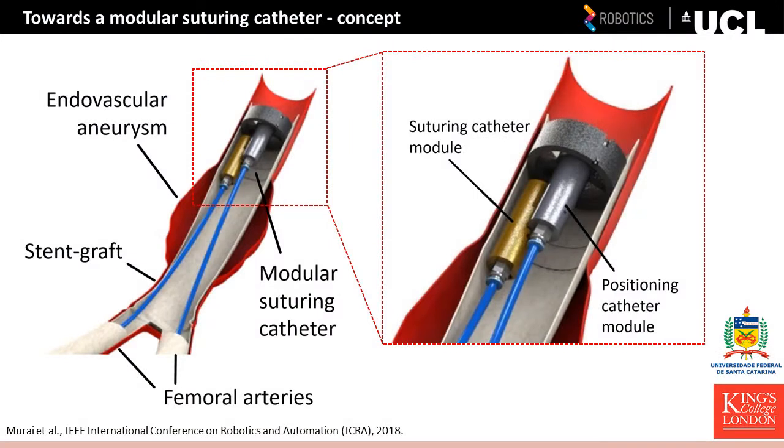Here we have our prototype that we have created that consists of 2 catheters that can be inserted into both sides of the femoral arteries, which then collaborate within the aorta. So on one side we have the suturing catheter module and the other side the positioning catheter module, and they are merging inside the aorta through an